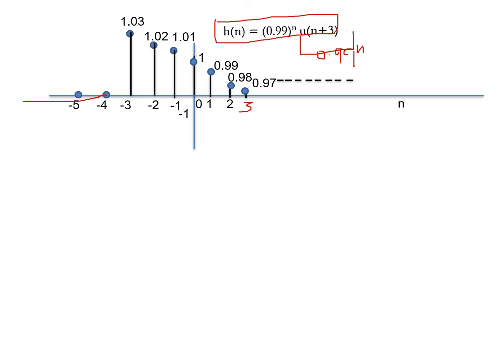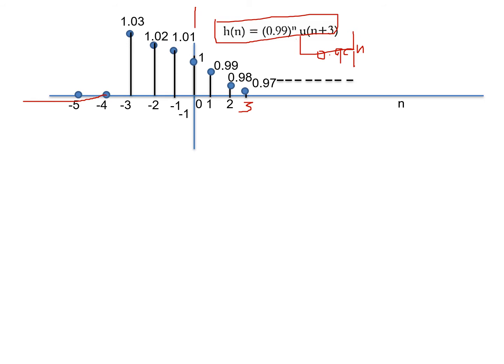See, now the system started, the impulse response started well before 0. This impulse response is supposed to start at n equal to 0 if it is causal. But this system started well before I applied the impulse. That means this system knew there is going to be an input later. Therefore it started earlier. I don't know what the reason is, what kind of system it is, but